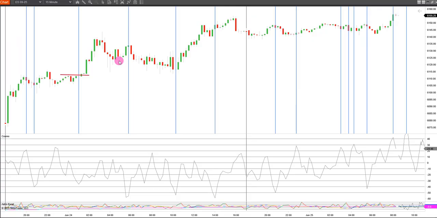So now I've taken the green line and blue line and made them transparent, so we're only looking at the gray line. And I just want to mark out some of the more significant peaks and valleys on here. And you can see the change of energy that we get at those points. We get the reversals, or in the case here on the 24th, we got the breakout as the energy was